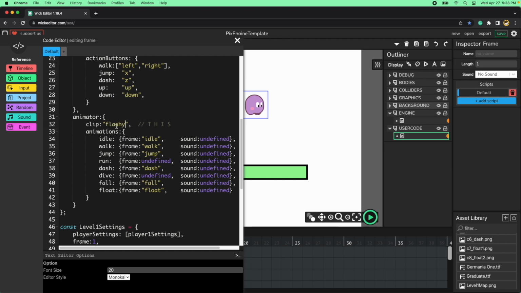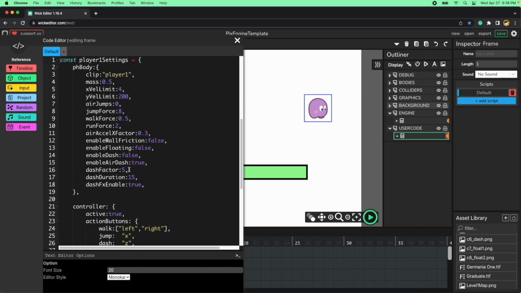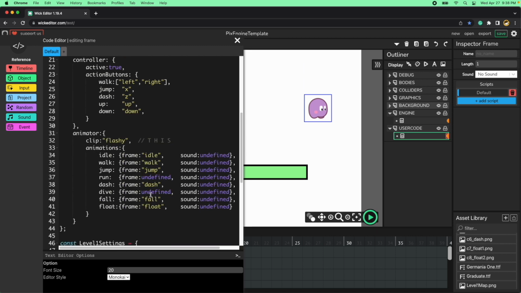So let's go with Flashy. Copy, and then click on the clip and put Flashy in the name. Paste. So those two names need to be the same. So now we have Flashy,